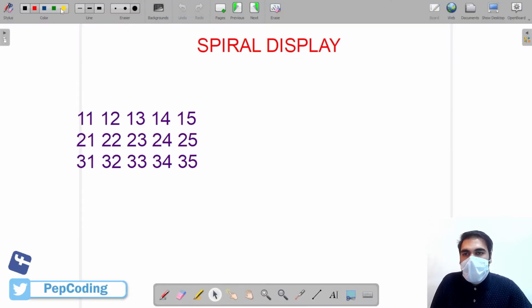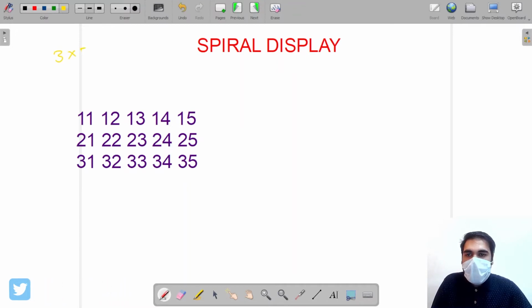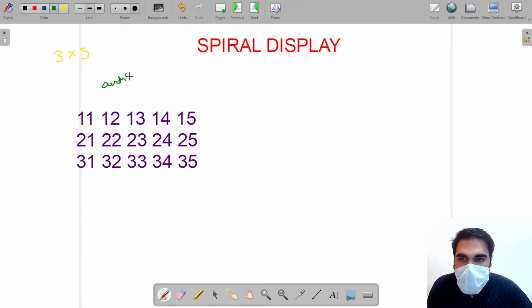Suppose this is a 3 cross 5 matrix. We have to traverse and print it in the spiral pattern. Our spiral pattern first moves in the anti-clockwise direction, and after that you have to traverse in this direction. And then after 31, then 35, then 15, then 12, 22, and then 24.